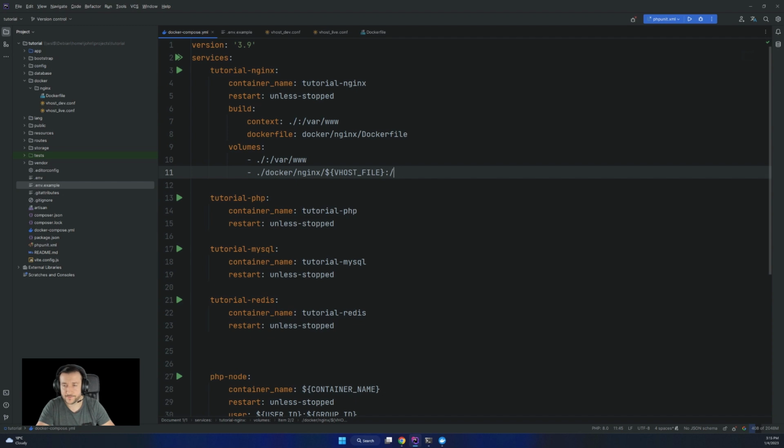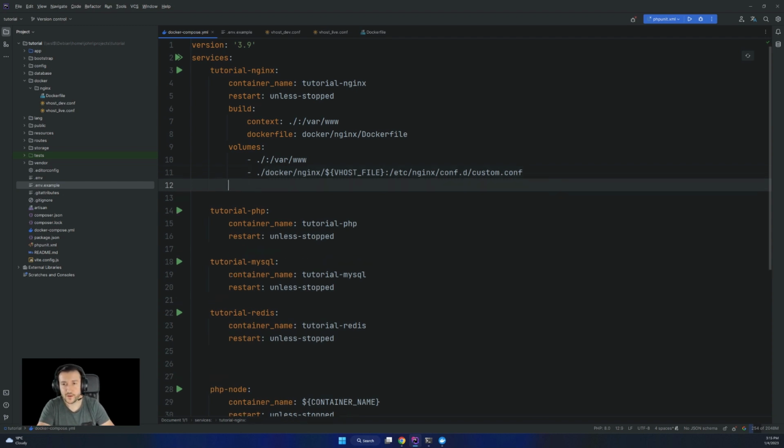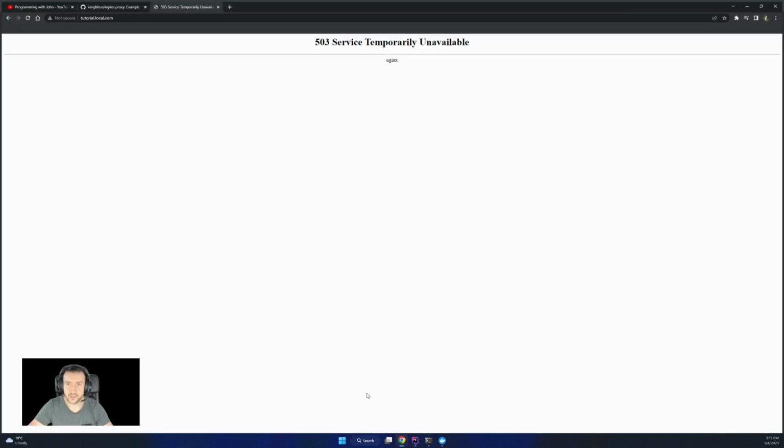The path for the configuration file is etc/nginx/conf.d, and in here we can put whatever conf we want. I'm going to name it custom.conf. So if I ever execute this container, I know this will be my custom configuration. So I'm going to map this like this, and what the next settings are is actually from the Nginx proxy.